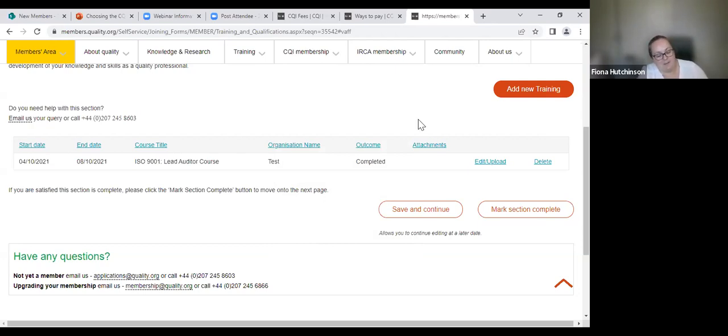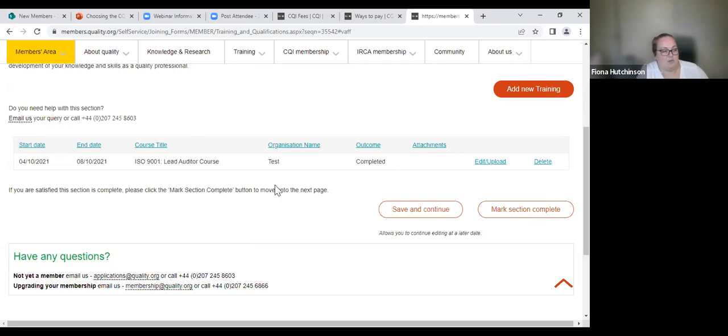But yes, we can share the fee information with you after. Happy to email that information to you as well. Yes, and it is on that. I have skipped that page but to show you how to access the application again, on the first page of the application forms, there's a link to the fees page and information about the fees.